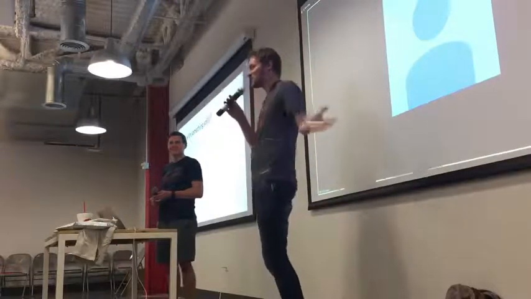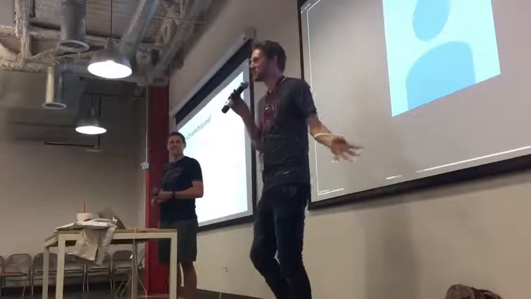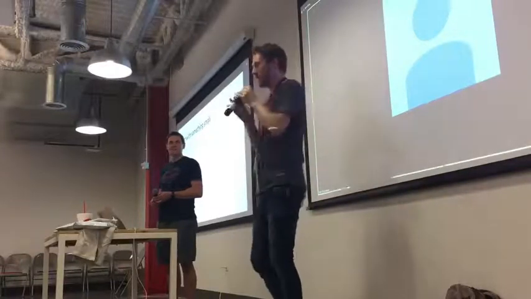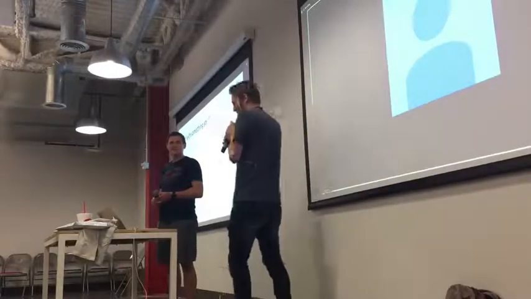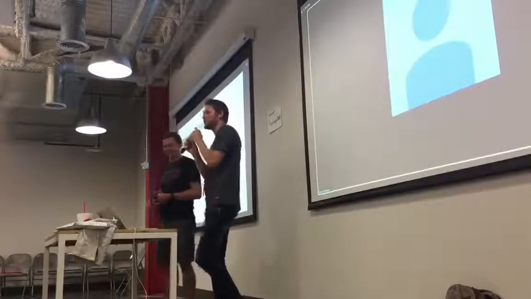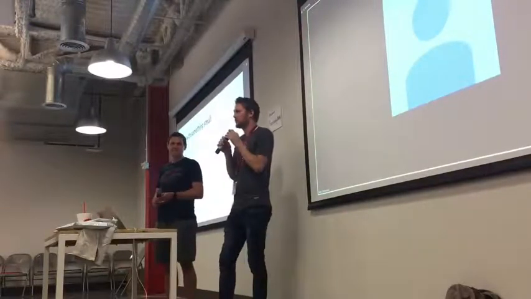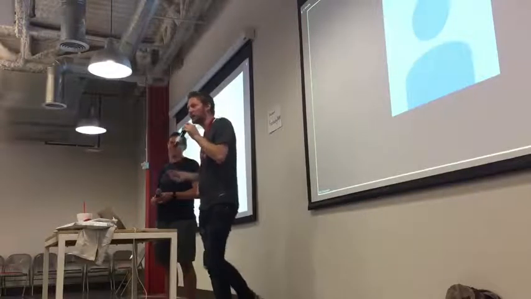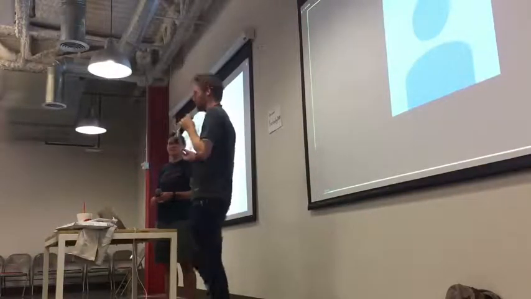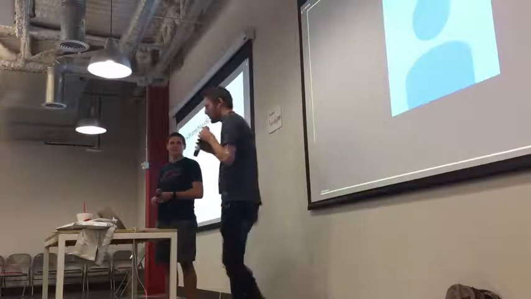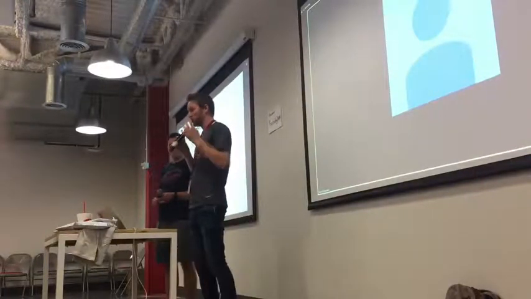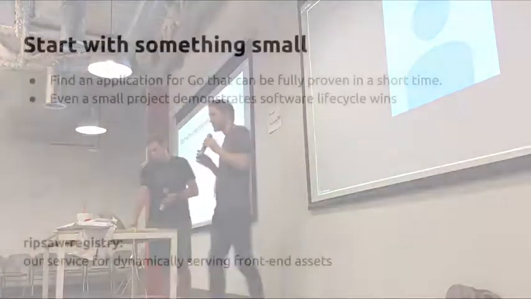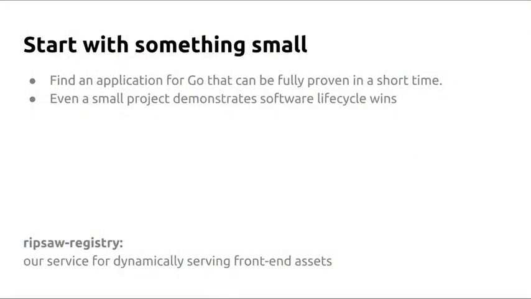And the next morning, the metrics for this existing service were like, half the time they were slow and half the time they were fast. It was really fun, and it was cool to be able to do that in basically a day. Once people recognized what had gone on, it helped tell the story of Go really well. Pick something small that you can run with and prove that it's going to work. This gives you a chance, even for a small project, to flesh out the deployment pipeline, experience some of these lifecycle benefits, and compare with the status quo, whatever you're using at work.